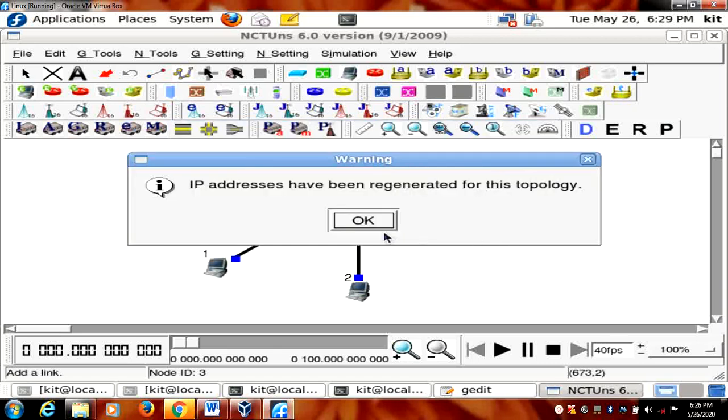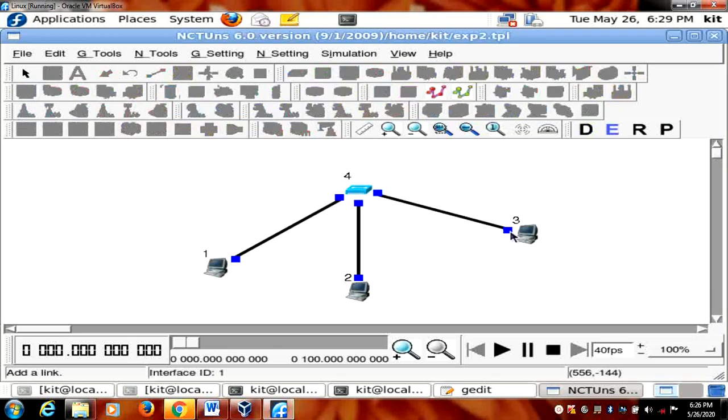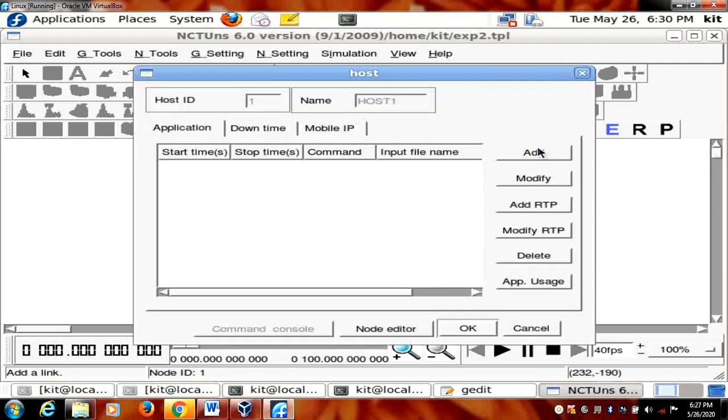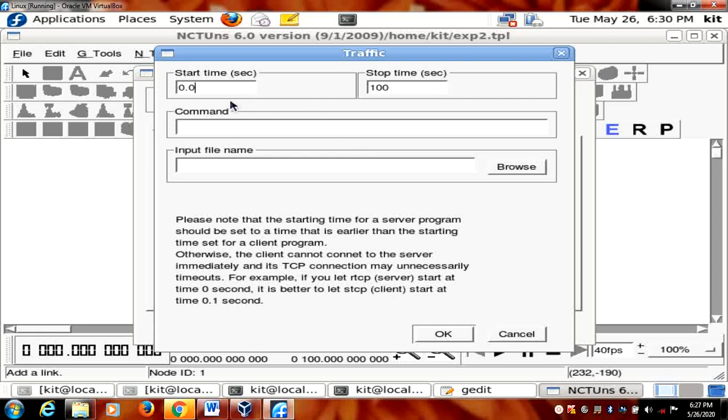Make to save that. IP address have been generated. I will check it. So 1.1.3 itself. So it is 2 and this is 1. Okay, let me add a path for it. So I want to go for add and start time should be 0, stop time should be 50 because I have a 2 system.